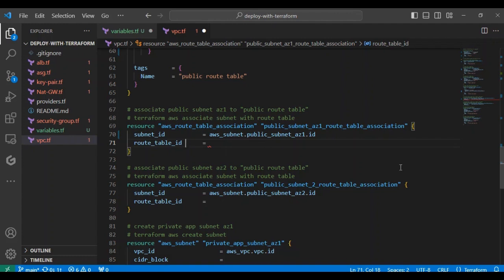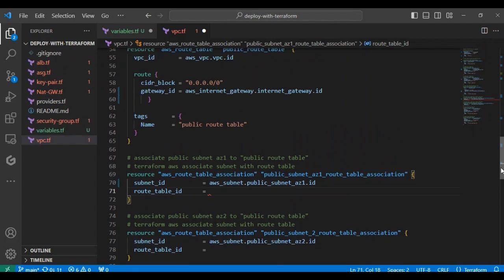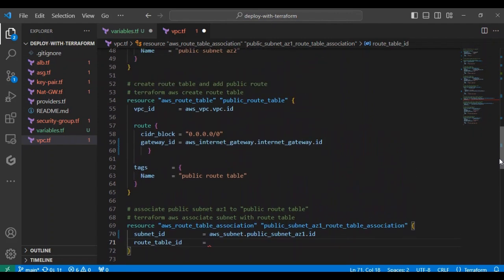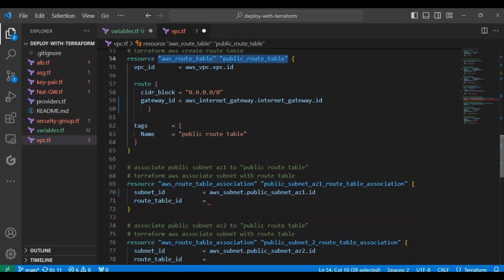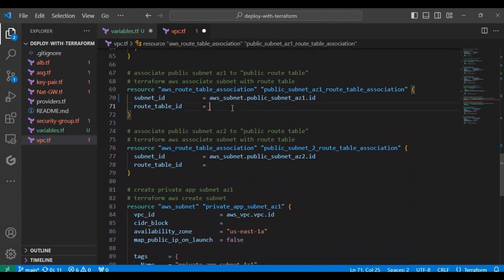How do we get it? This is by going to the route table configuration block and copying this, coming down here to paste it, because we are telling Terraform that this is the route table that we want you to associate the public subnet to. Okay,